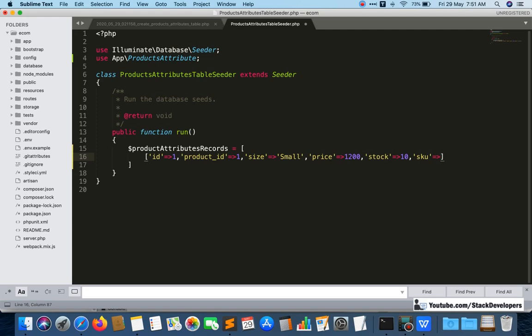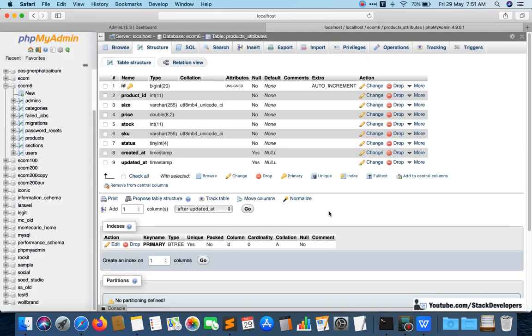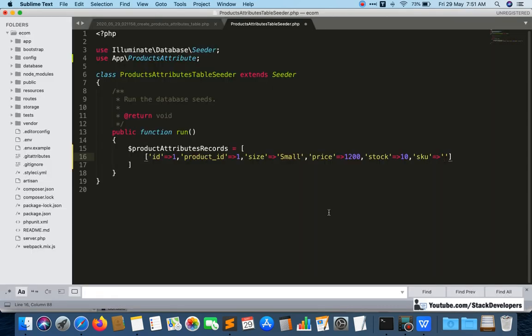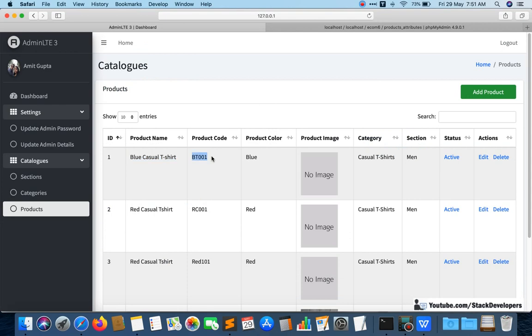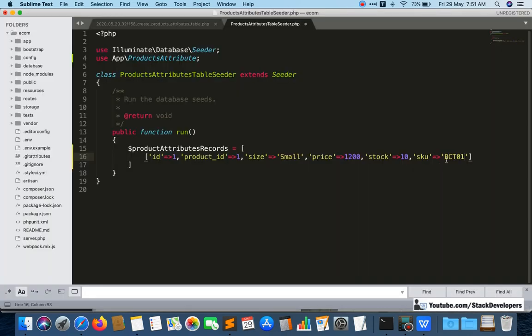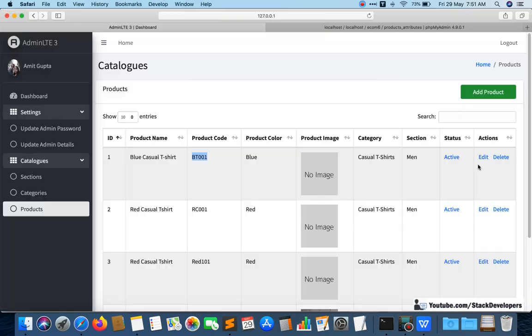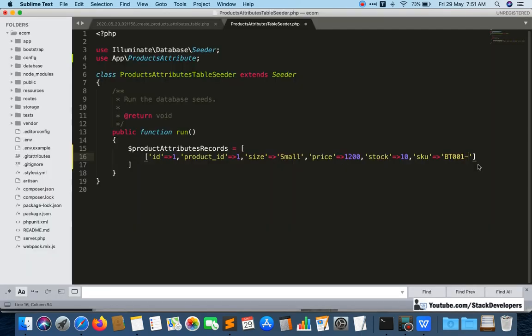And after stock, SKU. This is the stock keeping unit. We can name it like this is the blue casual t-shirt, so blue casual t-shirt BCT01. What is its product code, we are going to pick from the product code, BT001, okay, no issue, BT001, then S, okay, like this.